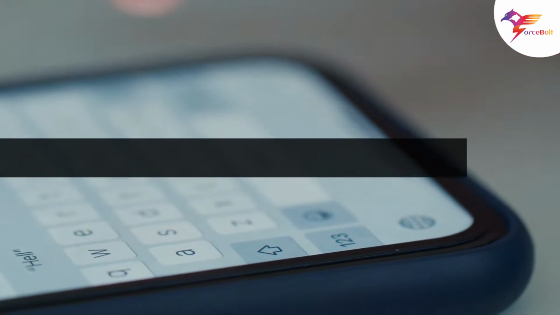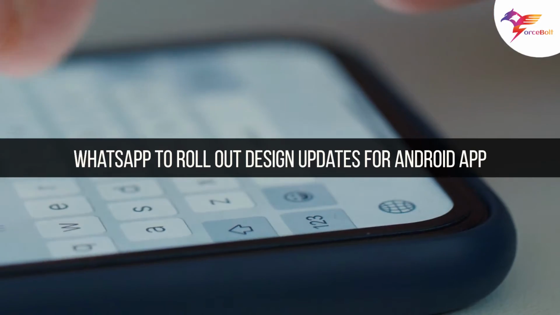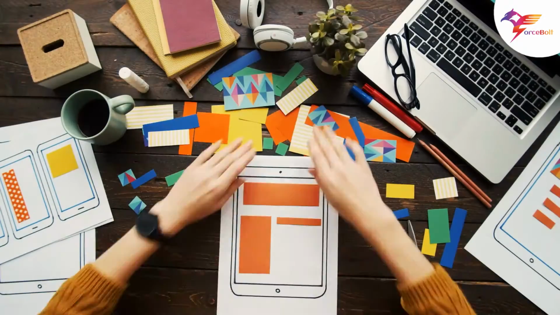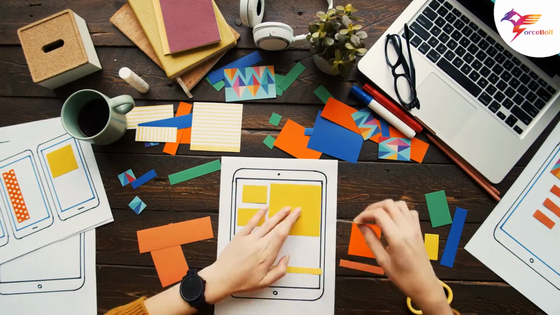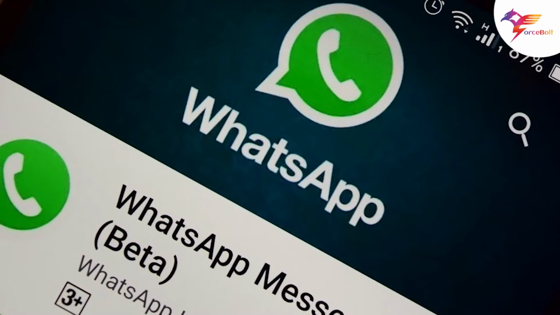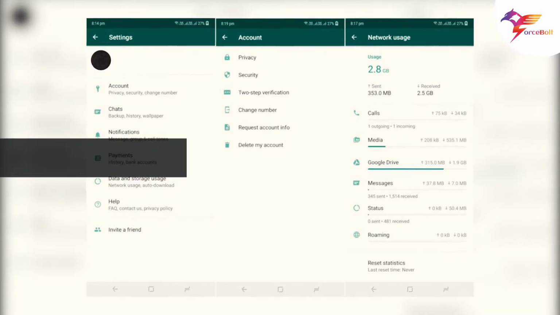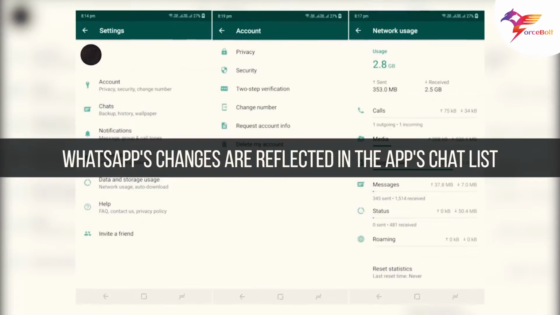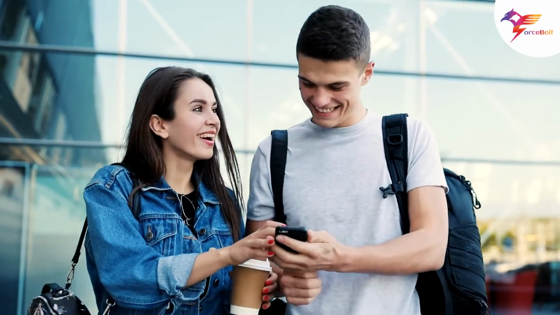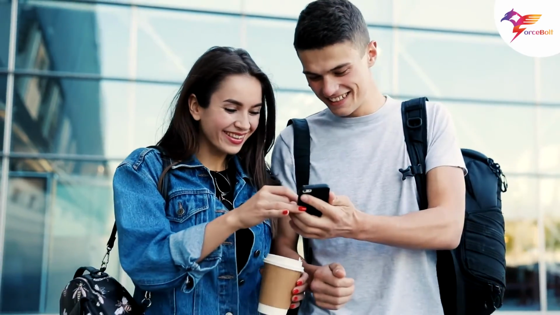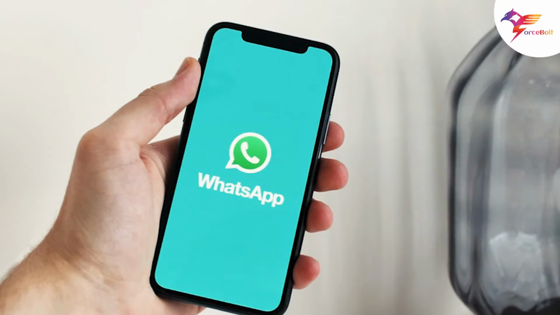For the Android version, WhatsApp is likely to make some design modifications. The messaging app is experimenting with several design transformations for the Android app in the beta version. Moreover, WhatsApp changes are reflected in the app's chat list. However, according to the grapevines, there will be a small UI change for the messaging platform rather than a major